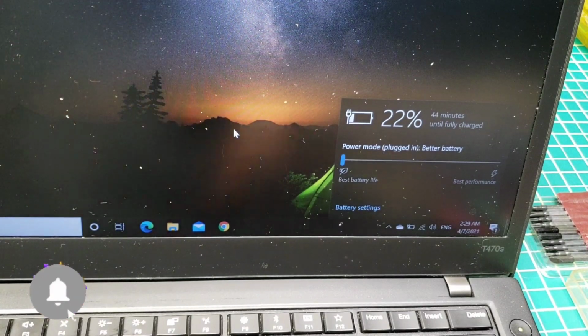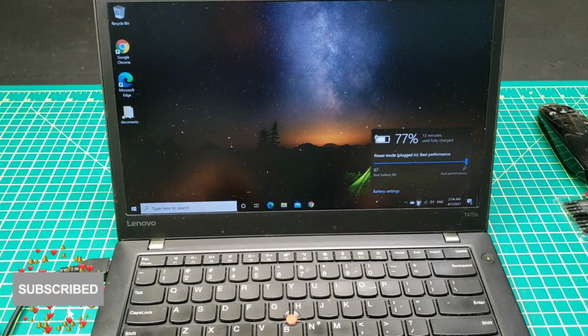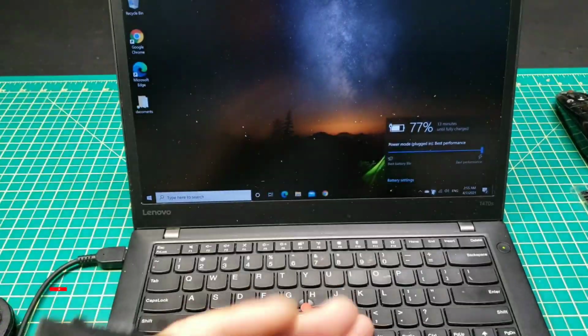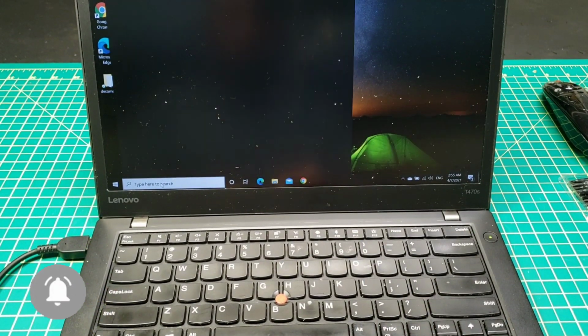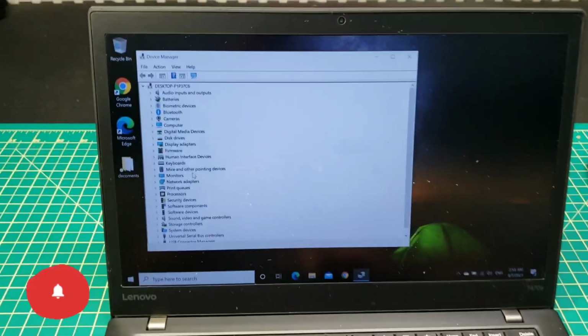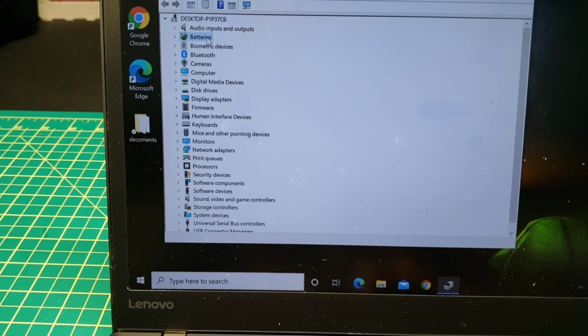So there's one thing I'm gonna try before I install this, because I know this is a bad one, but there is one more thing to do. Now it's 77 on one battery only. So I'll go to device manager. I'll go to here, and from here I'll choose battery,